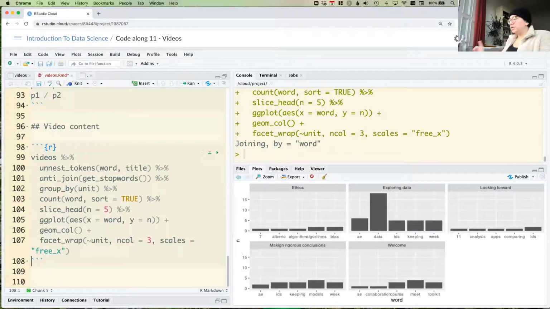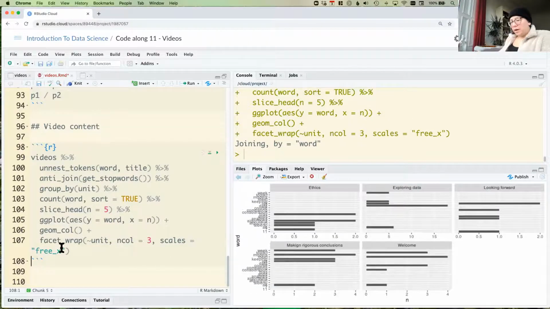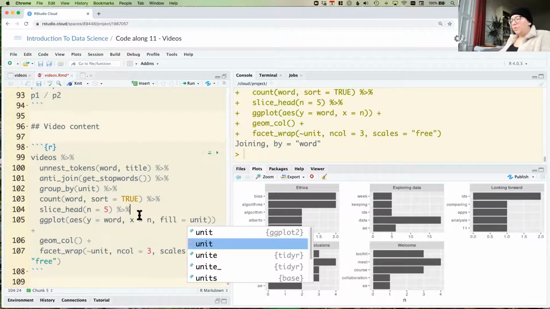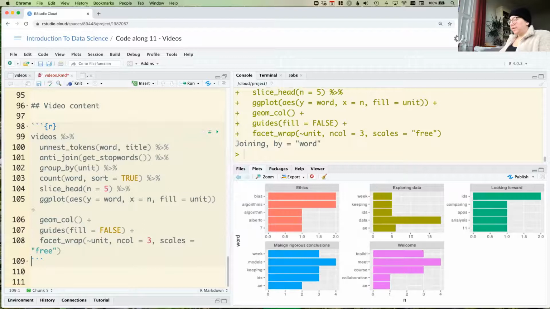maybe something like this. So now we're seeing something a little bit more reasonable. I think I would prefer to swap the x and the y here. And then maybe let's just free all of the axes. So now we can see per unit what the most common words are, and maybe we can add just a little bit of color to this to make it a little bit more pleasant. So we can basically see what the most common words are,